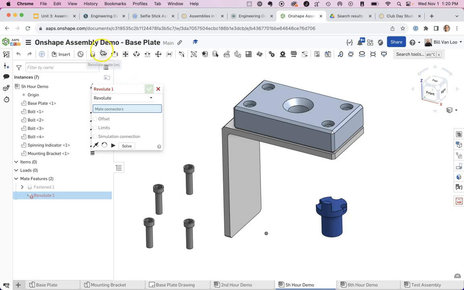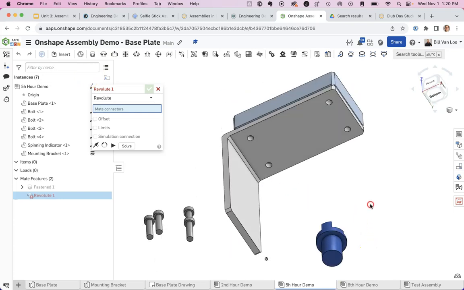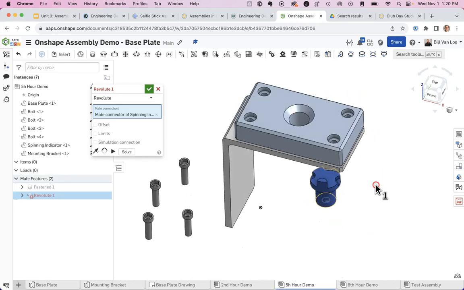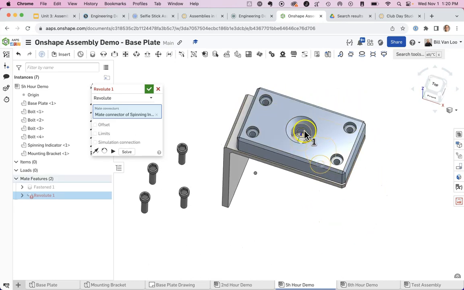So if you remember, what it says for the Revolute mate is the first thing is going to be the rotational point. That's going to be the thing that spins. And the second one is going to be the stationary point, so it's going to stay put. I want this thing to spin, so I'm going to rotate around. This is also where having a mouse makes it so much easier. I'm going to click on this mate connector at the bottom, and then I want to click on the mate connector at the bottom of this hole, but it's a little